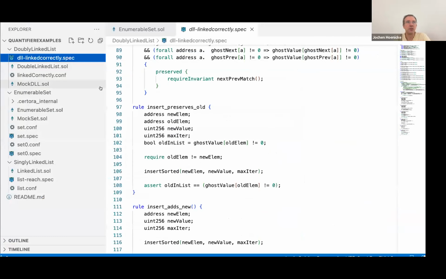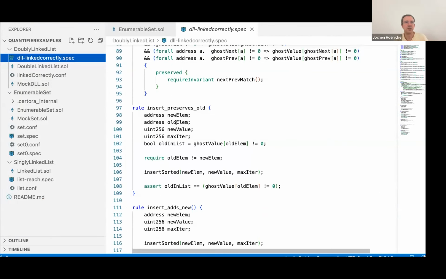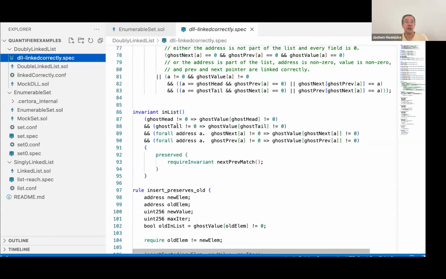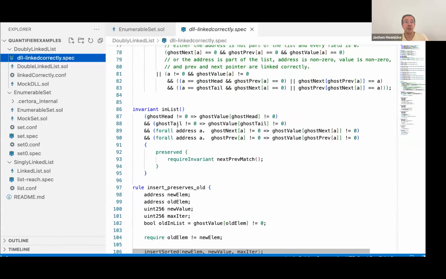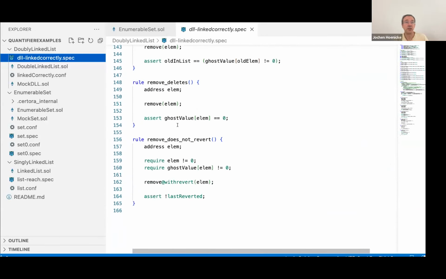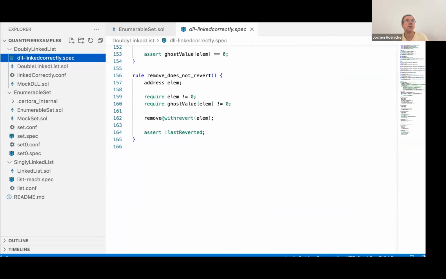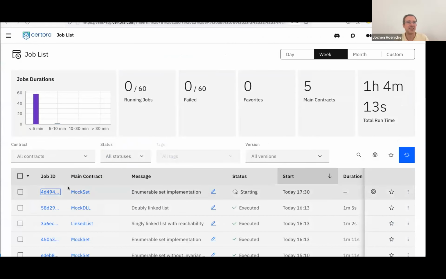So let's get back to the linked list. So I added this invariant, I added a few rules, and then we can run it. And since it always takes so much time until it gets queued,